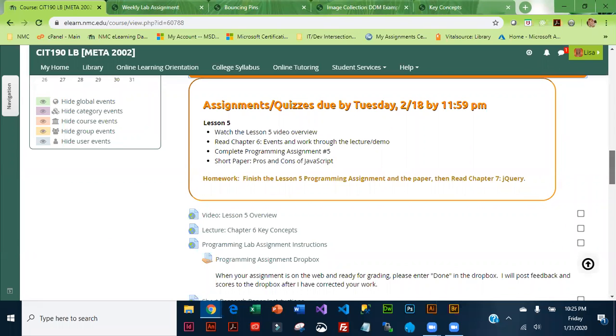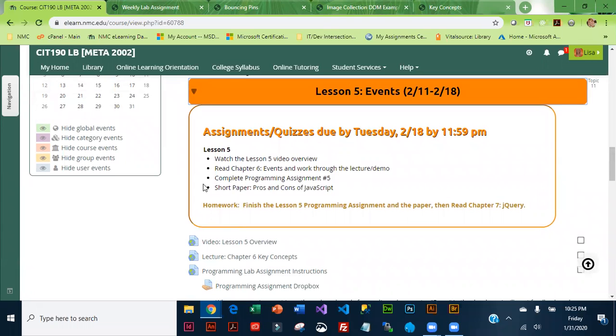So this week we are going to learn about events, and pretty much everything that you do at a website involves some type of event, and you just need to basically figure out if you want to recognize it or not. I mean, every time I move the mouse, I'm actually generating an event. So you're going to learn all about events, and you're actually going to learn the best practice methods of listening